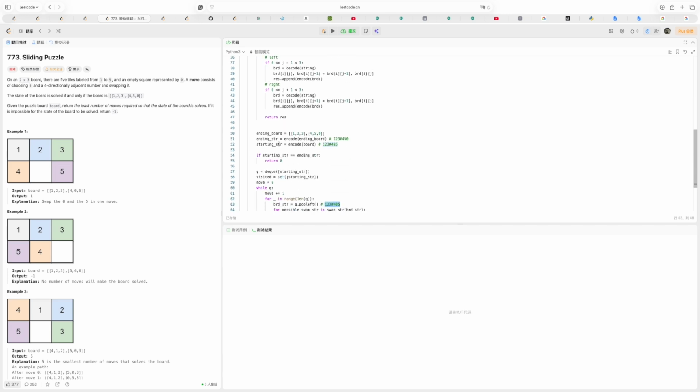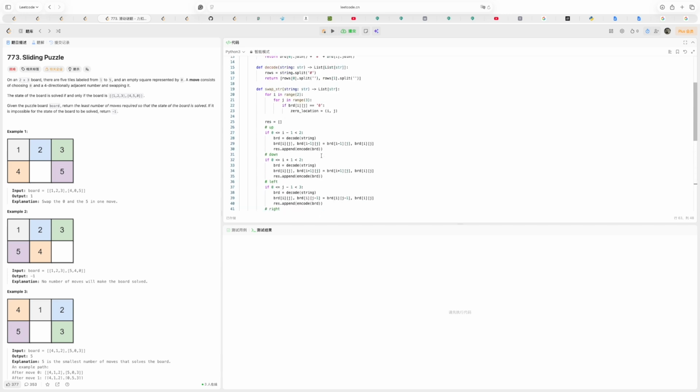So for i in range 2, we'll have to first decode the string and find the 0 location. So the 0 location is ij, then